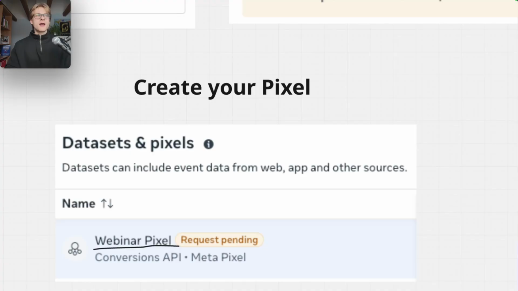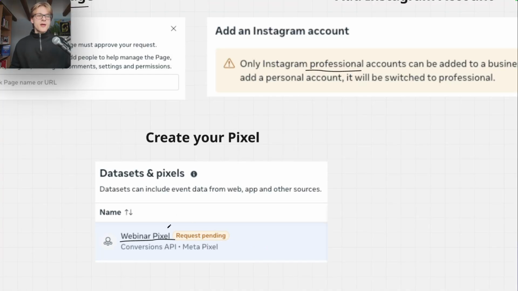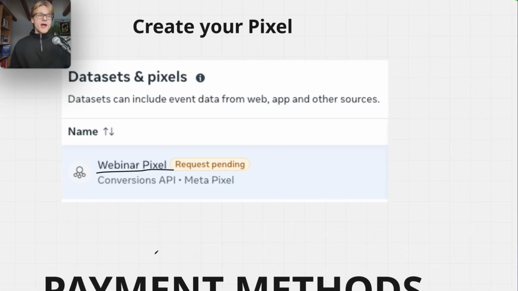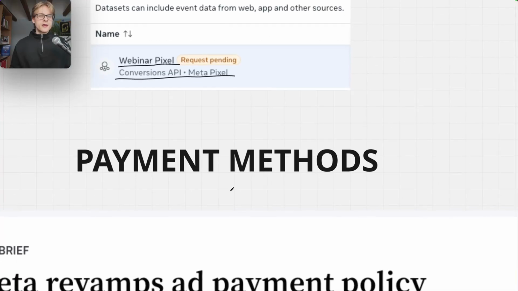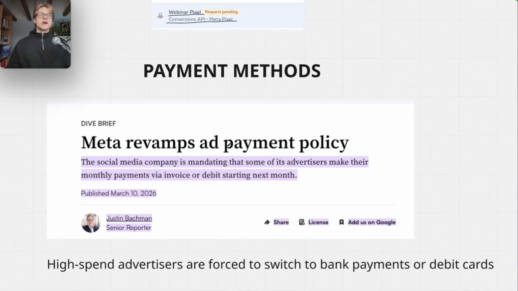The pixel is kind of an asset that you build. An asset with a Meta pixel can be so valuable. Like I would pay $50,000, $100,000 for some pixels out there in the world, right? The pixel is the most important thing, and you want to make sure it's protected, so it sits at the business manager level. You can create it in the datasets tab.